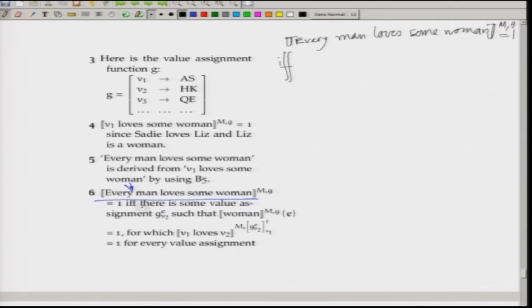As I have written, there is some value assignment GEV2 such that woman MG equals 1, for which V1 loves V2 with respect to M. This is not a very good way of putting it. I would rather rewrite it, and yes, if and only if